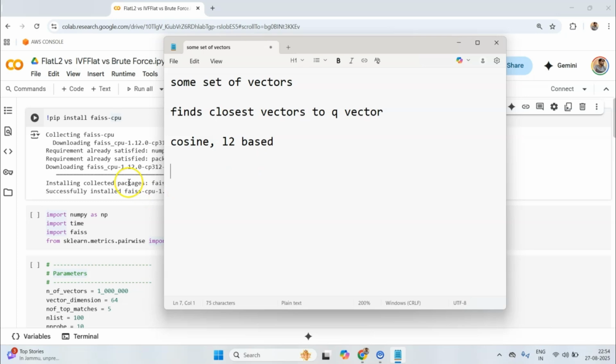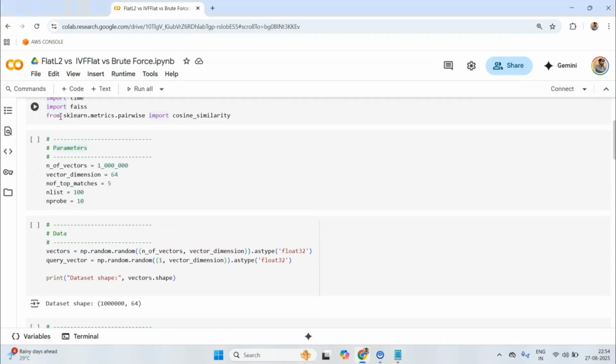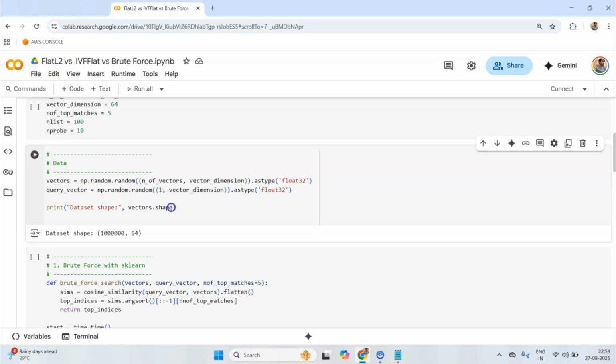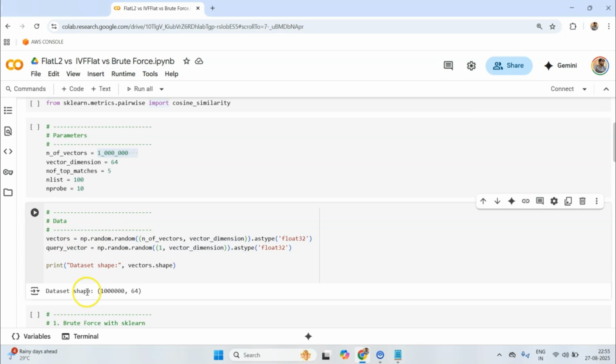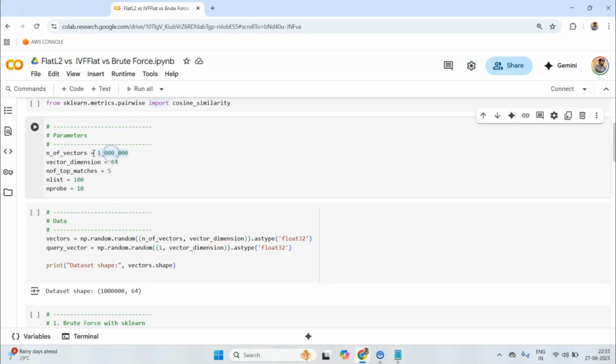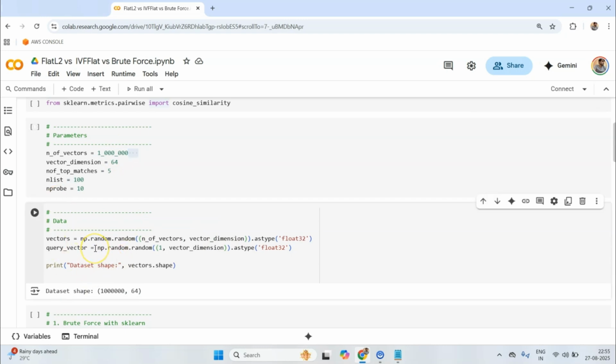Okay, so let's ignore this installation for now and come to this part. What I have done is generate some data. I'm generating some random vectors, and a matrix of shape number of vectors by vector dimension. Here the vector dimension is 64, and I'm generating 100k vectors. So essentially this would generate a data set of shape 100k by 64. No, it's not 100k, it's 1 million. So it is 1 million, and we have got this kind of setup.